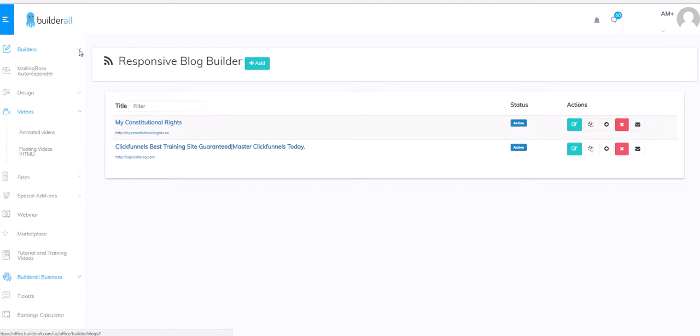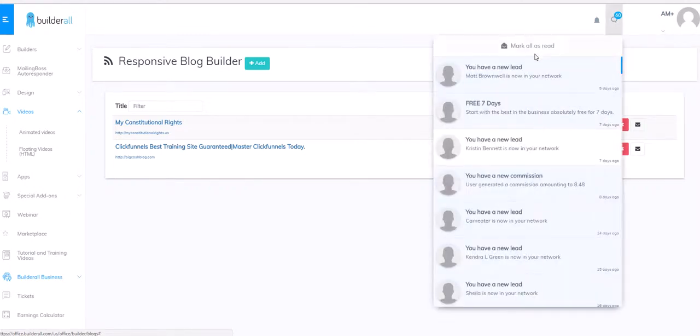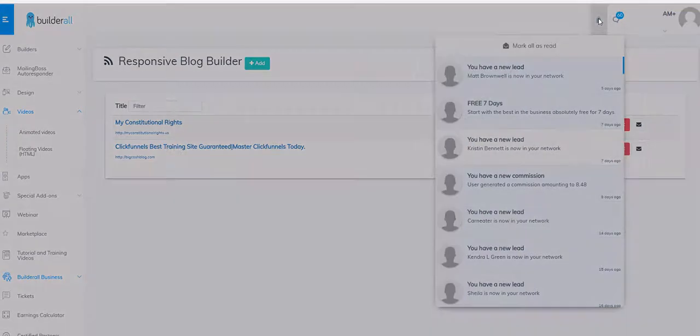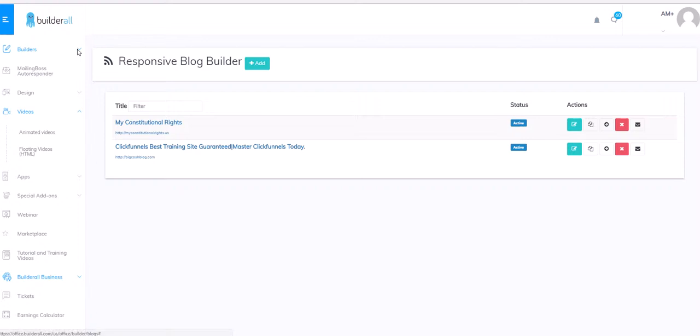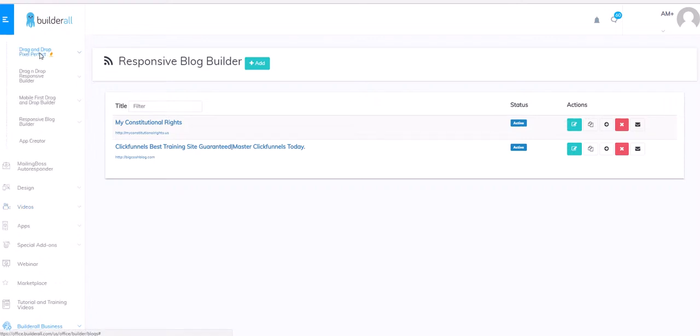But if you look to the left here, you'll have all of your information or your tools and toolbars. Your account information is up here. You can delete your account through this process. Messages to you are right here. Notifications or launch alerts. And then you've got builders: drag and drop pixel perfect, drag and drop responsive builder, mobile